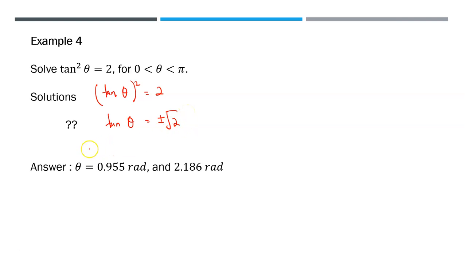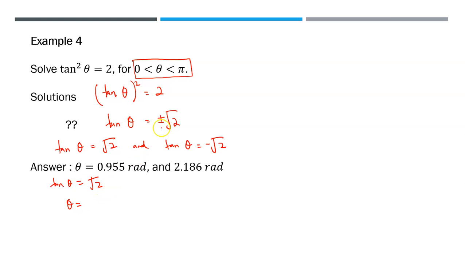Then there are two cases that you have to consider: tangent theta equals positive root 2, and tangent theta equals negative root 2. Please remember that your theta must be from 0 to pi. So the first case, tangent theta equals root 2. Because you are asked to give the answer in radian, make sure your calculator is in radian mode. So you will directly get the answer